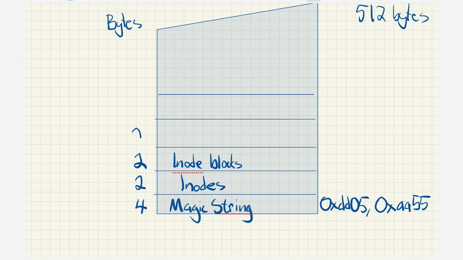Then we have another 2-byte field, which is the total amount of blocks on the disk. And then we have 2 bytes which are reserved. So this will initialize to 0000. And these might be used in a future version, but primarily it is because